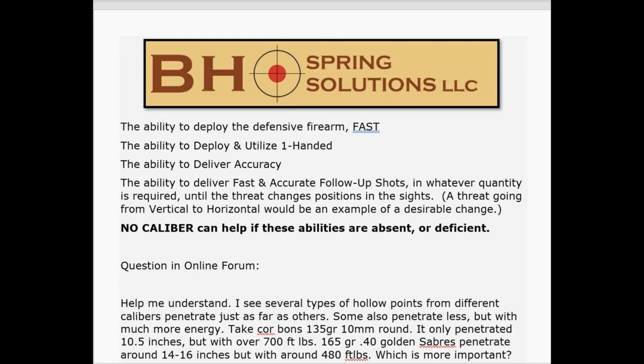Statistically, think about this. To incapacitate, and this is not talking about psychological incapacitations, this is talking about physiological incapacitations, there's one study that says a .45 ACP averages 2 to 3 rounds. The .40 Smith & Wesson averages, I think, 3 to 4 rounds. A 9mm averages 5 to 7 rounds. Now, that is kind of a generalized rule that is not going to hold true in every case, or maybe even many, but it is a good